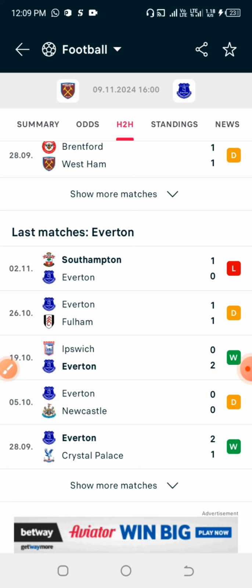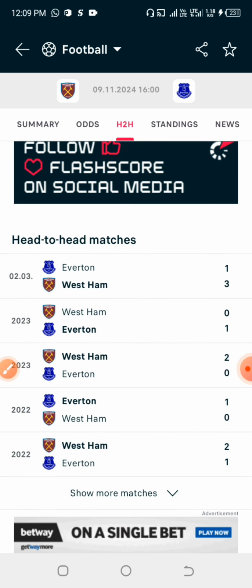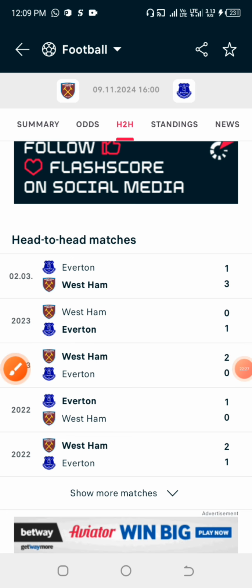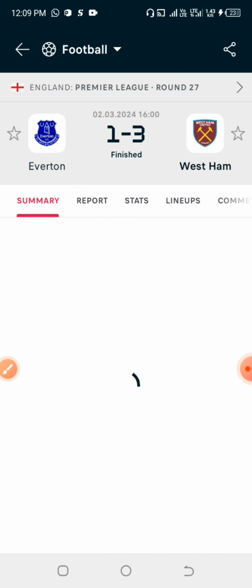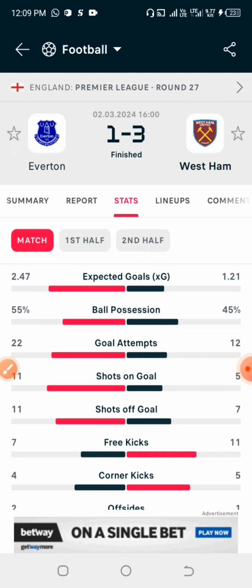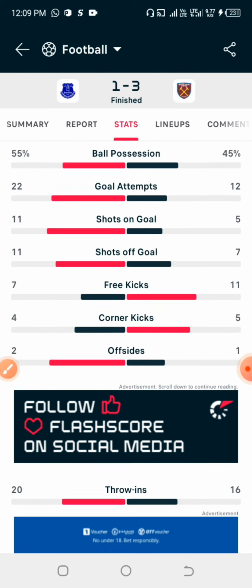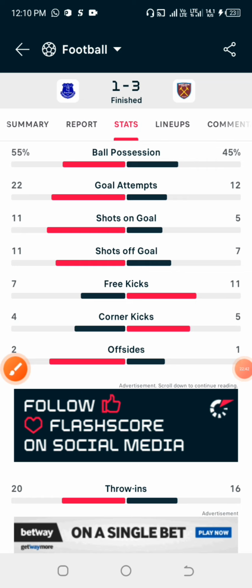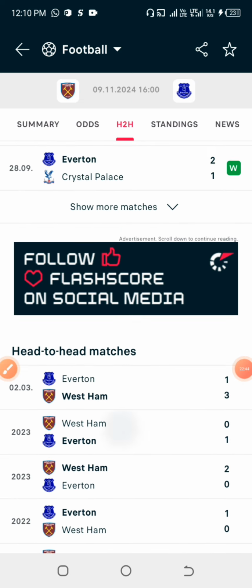Alright, so now let's also move on to their last head to head against each other. So we are only going to check the last 2 games for this particular team. So you guys can see that this particular process of analysis is very, very fast, and you guys can actually enjoy it if you are calm enough to make use of it. So now in the last previous games against each other, we can see that in this particular match they had a total of 9 corners against each other. Okay, so let's check the next one.